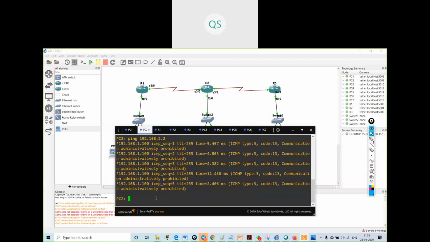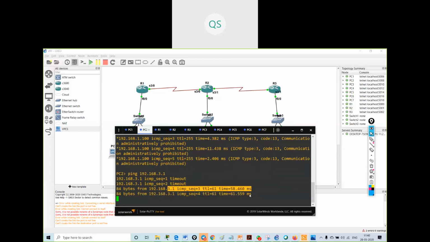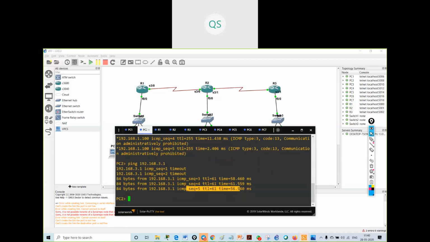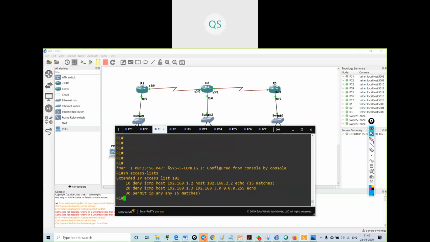But if I ping 3.1, it will be reachable. I'm getting the reply. If I go on R1 and see show access list, matches are found over here: 15 matches for the first command, and for the last command I got 5 matches.